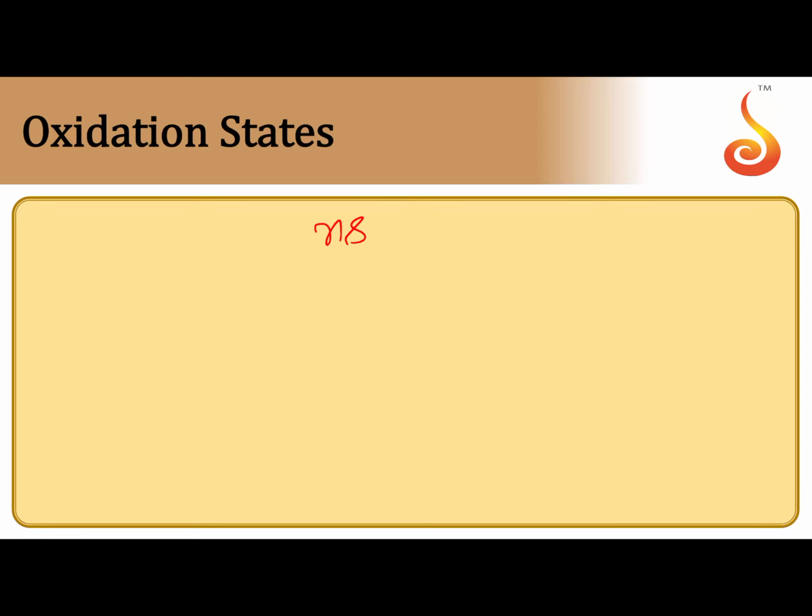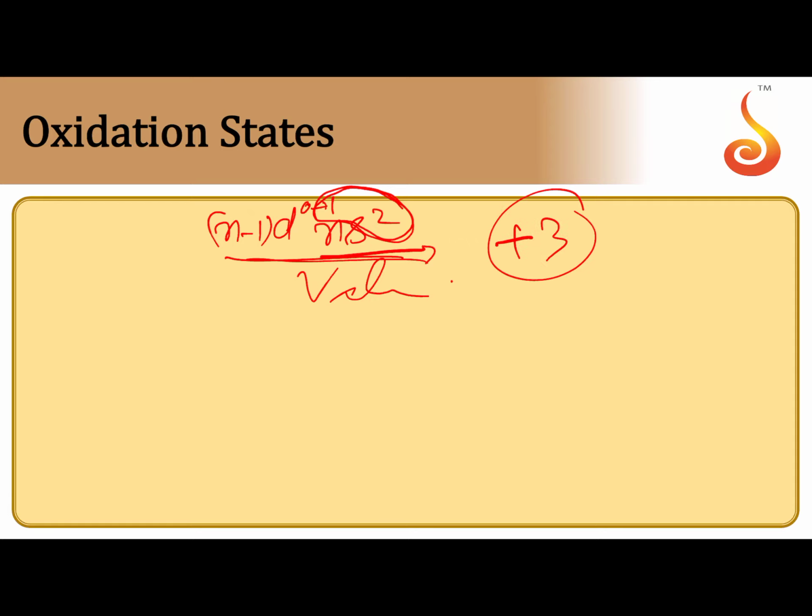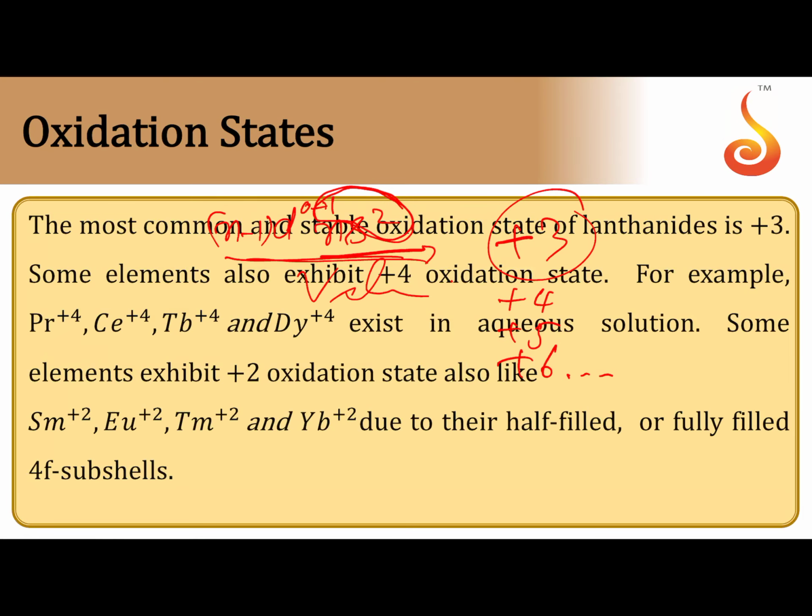Oxidation state of lanthanides: ns2 electrons are definitely involved in bond formation. At the same time, (n-1)d electrons also get involved. These two are considered valence electrons. That's why the common oxidation state exhibited by lanthanides and actinides is +3. Along with these electrons, (n-2)f electrons may also participate. That's why they exhibit variable oxidation states like d block elements, +4, +5, +6 and so on.